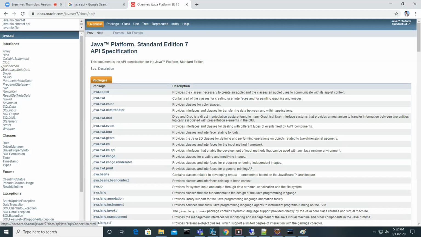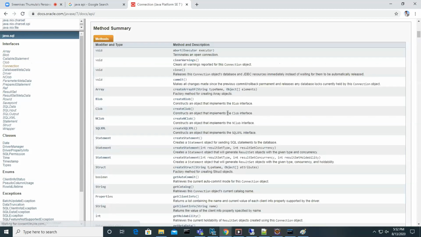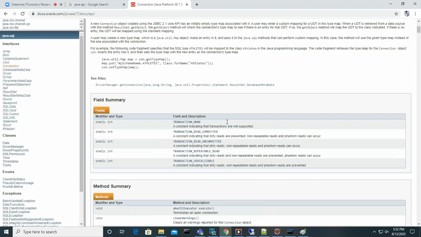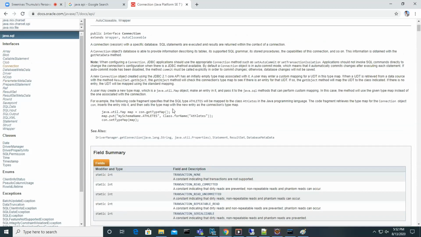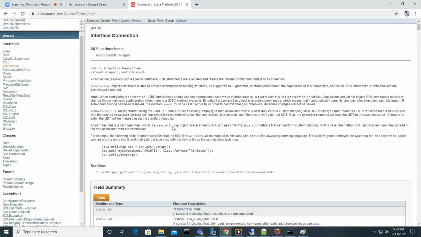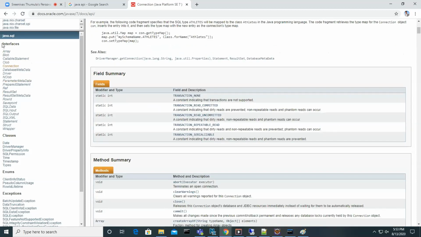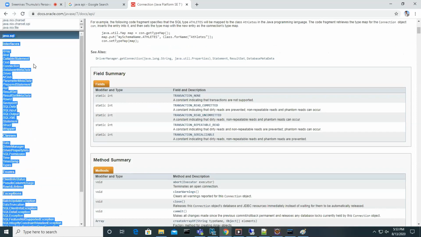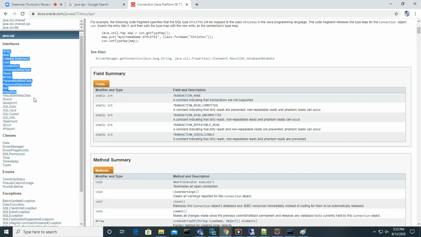Okay, you can see the Connection interface. This interface is the idea which helps you connect with the database, guys. Once you get the connection, then you can do all the operations on the database. So JDBC API means java.sql, which has all the ideas. But who will do the implementation for all these ideas? Interface is nothing but an idea, right? Guys, you know what an interface is; we covered it at the core Java level.